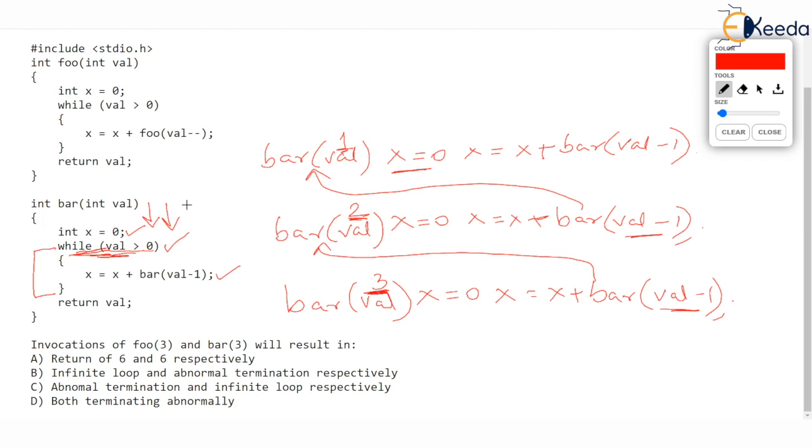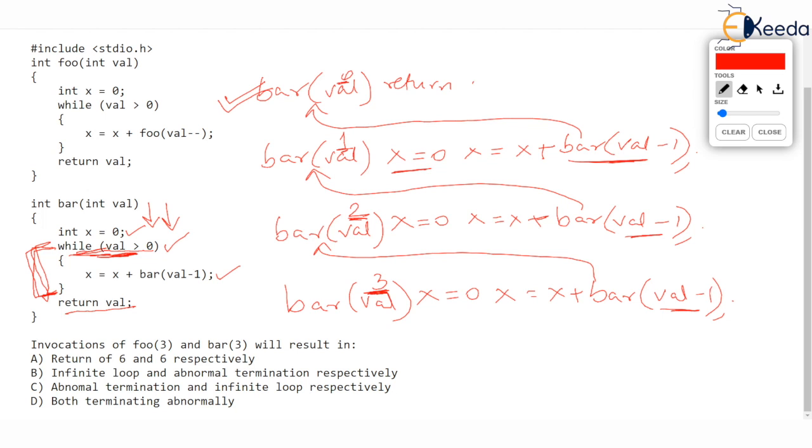And now starts the fun part. Now bar is called with 0. Val minus 1 is 0. So when bar is called with val equal to 0, let's see what happens. Now this while loop, observe the cursor. This while loop will break, because val greater than 0 is the condition to execute the while loop. So the control will come out of the while loop, and the function will return val. Well, by the way, this function returns val, isn't it? When val is 0, the current function returns val, and val is 0. So it returns 0, and this function ends. I hope you are understanding. When bar is called with val equal to 0, while is false.